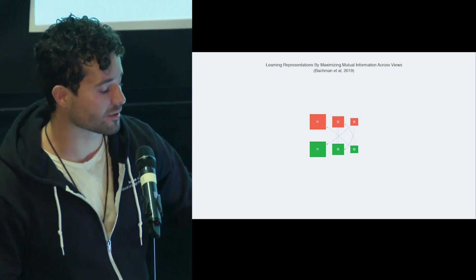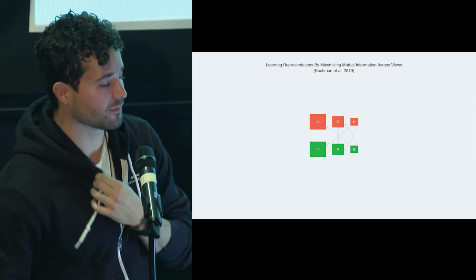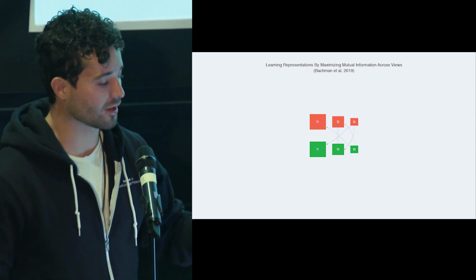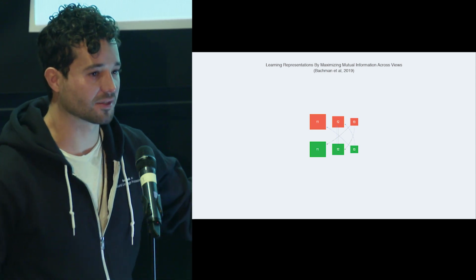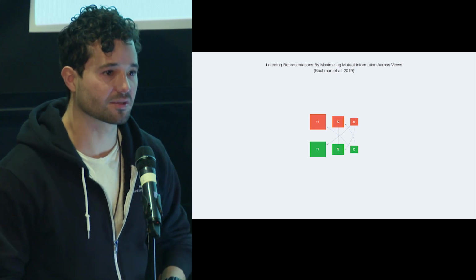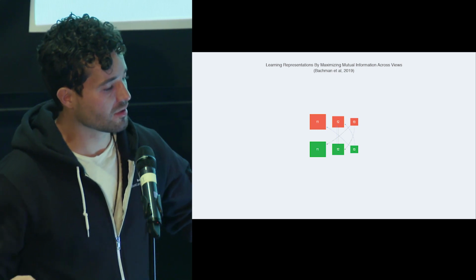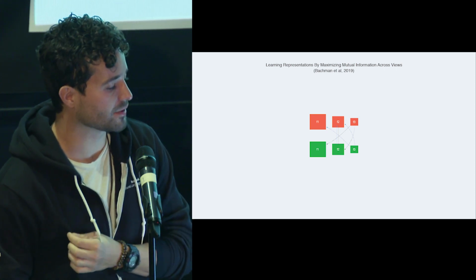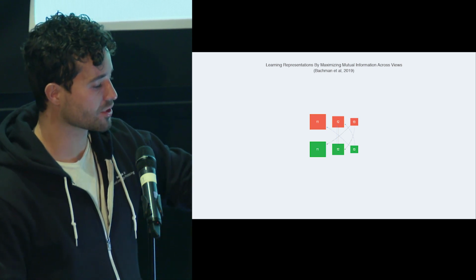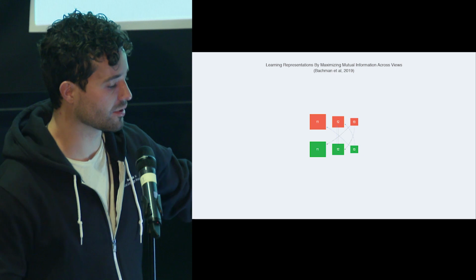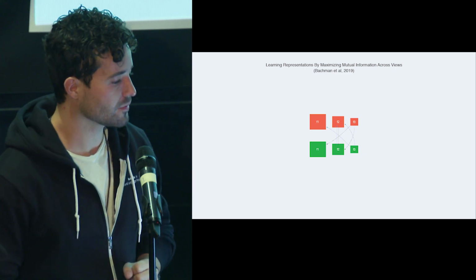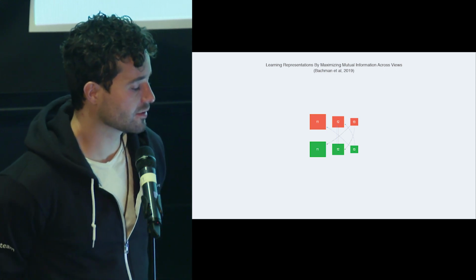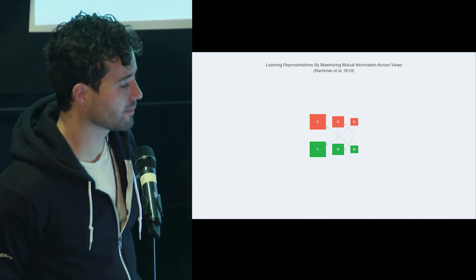And so now you have these comparisons. The dot product between F3 and F2 gives you a positive score that you want to maximize. And then the dot product between the F3 red here and, let's say, a blue from a separate image, you want to minimize that score. You can put this into a softmax, and that's called contrastive NCE loss. I forget what NCE stands for, but it basically learns to push things together that are similar and push everything else far apart. And then you do this bidirectional thing, so you do it the other way as well. So that's AMDIM.